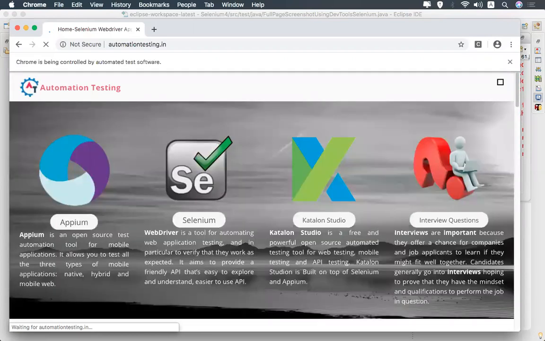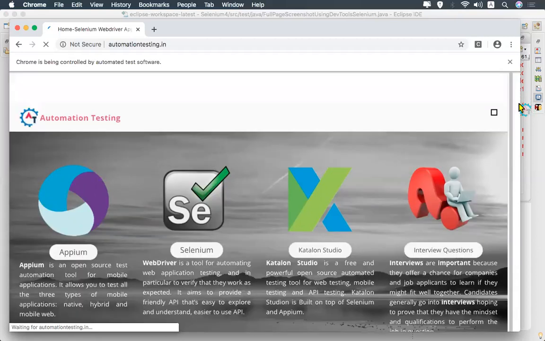On the right side, you have the scroll bar that will disappear while taking the full page screenshot. You see that the scroll bar is gone, which means it captured the screenshot.